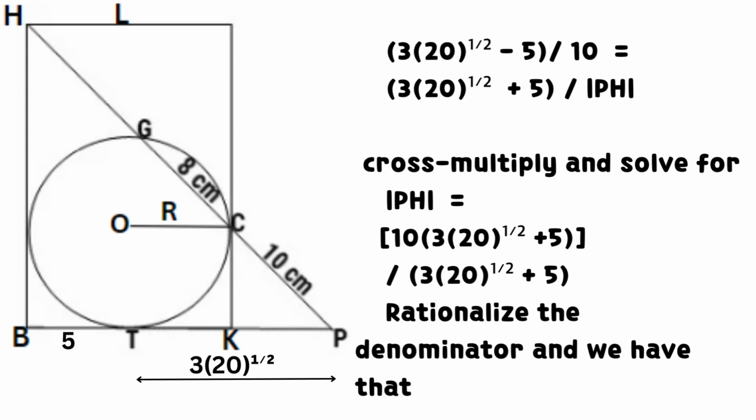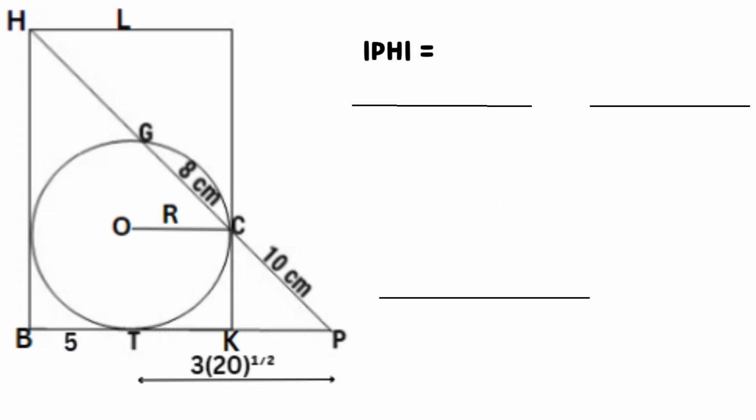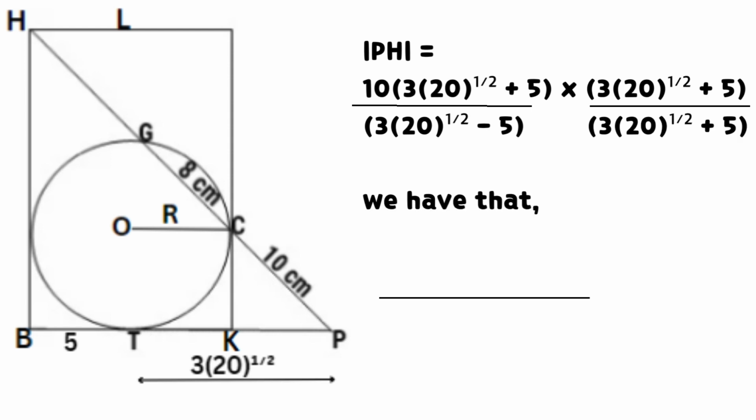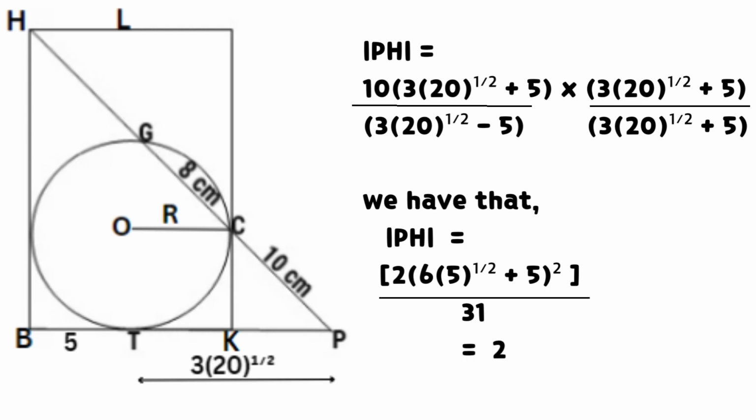Rationalize the denominator by multiplying the numerator and denominator by the sum of 3 times the square root of 20 and 5, as shown on screen. We have that the length of line PH equals the result shown on the screen. Simplify further, and we have that line PH equals